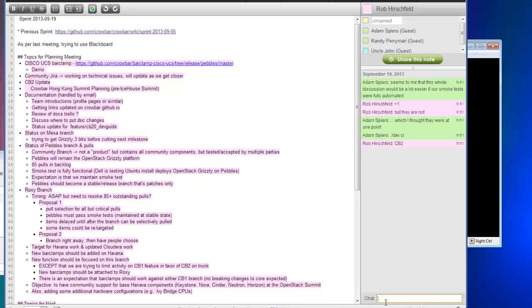So what we're really effectively talking about doing then is branching Roxy, then working the Pebbles backlog for a week, and then merging it and basically doing a daily merge of many changes on Roxy, so that like you suggested, the changes and the